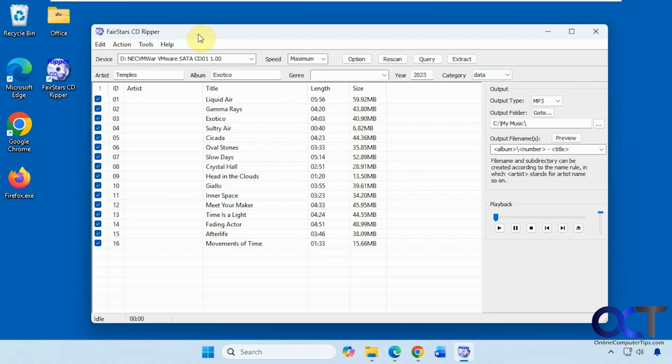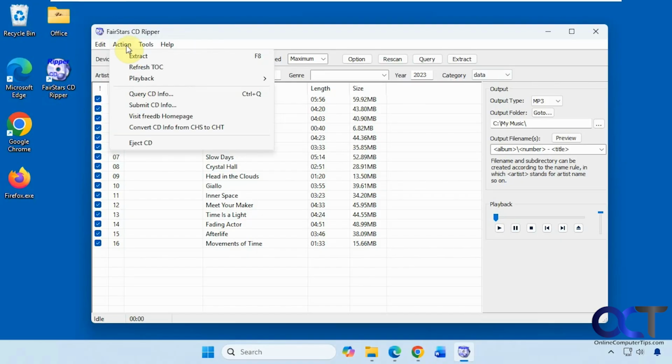All right, so let's check out some of the other options here. Then we'll try ripping this CD and see how it works. You could mark all, mark none, read the CD text. Some CDs will have text with the information about the CD, so if that's the case, you could try that and see if it populates it. They have the option here to extract, refresh the TOC, table of contents,